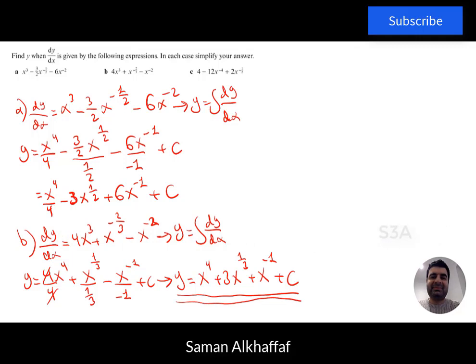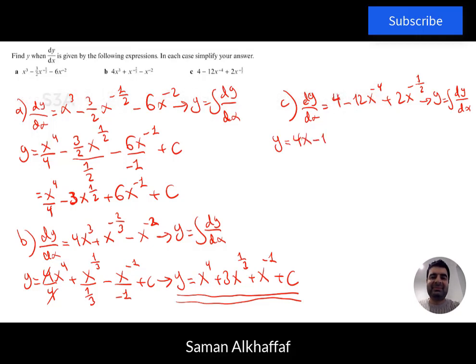Now we look at part C. So we have dy over dx is 4 minus 12x to the power of minus 4 plus 2x to the power of minus a half. So for us to find y, it will be the integration of dy over dx. Now to find y, we would have